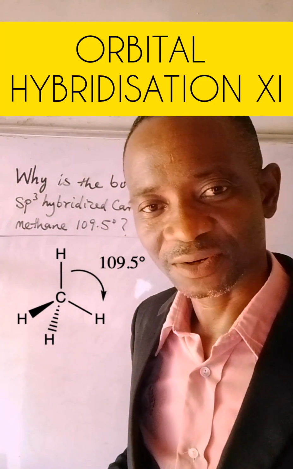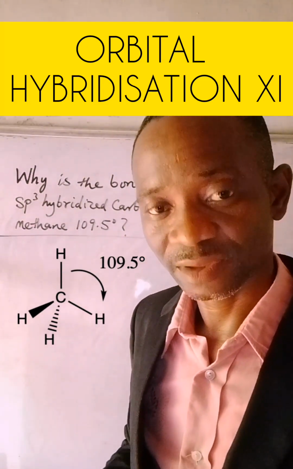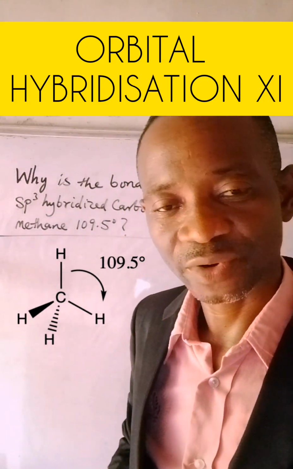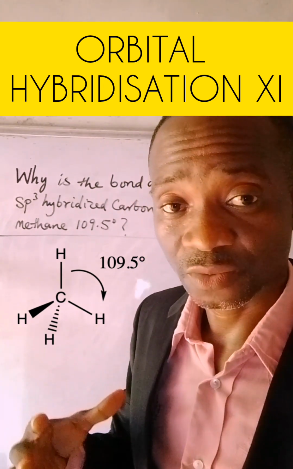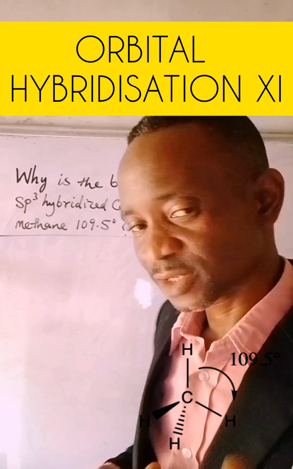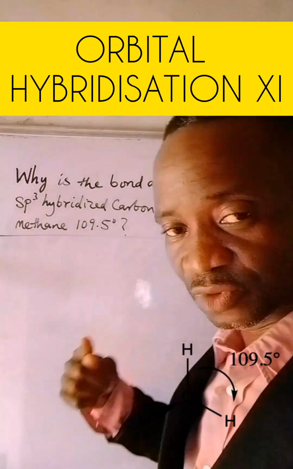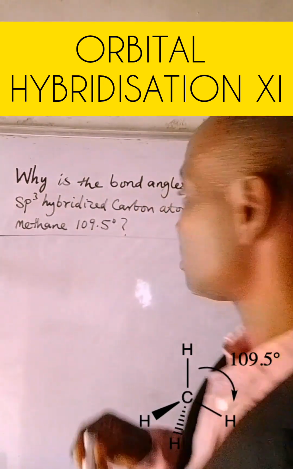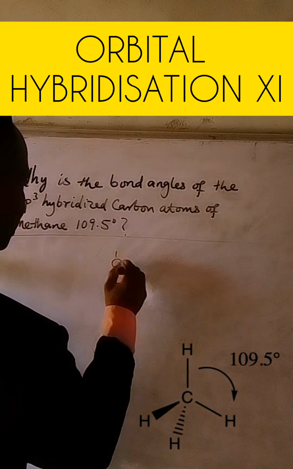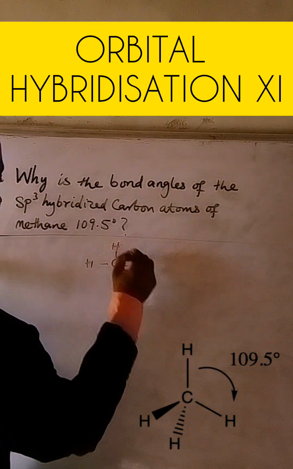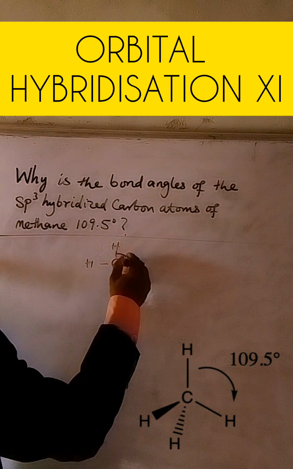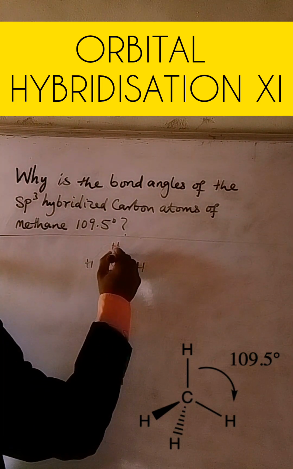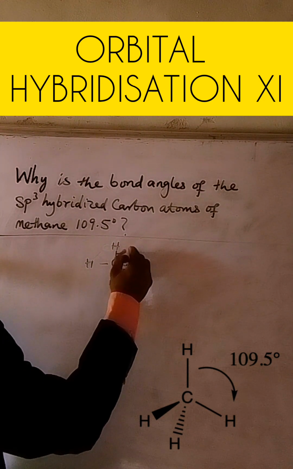Why is the bond angle of sp3 hybridized carbon in methane 109.5 degrees? You can imagine that magnitude of bond. It's so big. Why? First of all, we need to know what methane is. Methane is CH4, having 4 bonds with hydrogen attached. And the question is saying, why is it that the angle between two bonds is